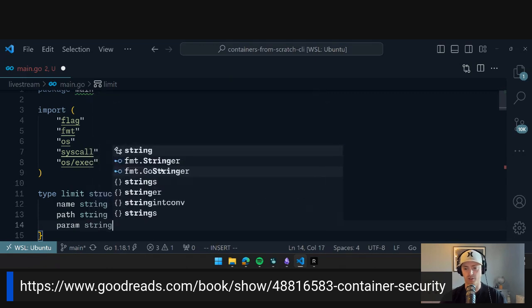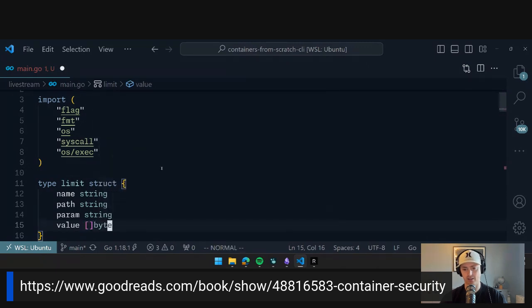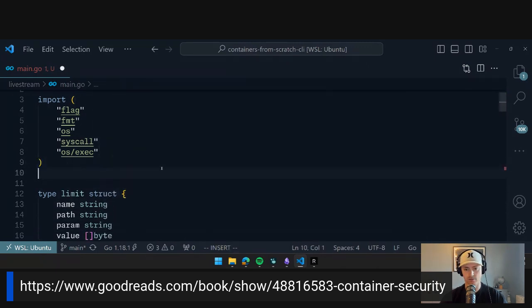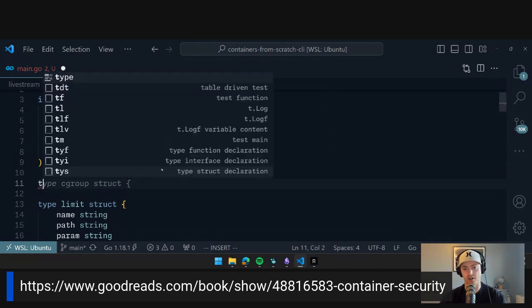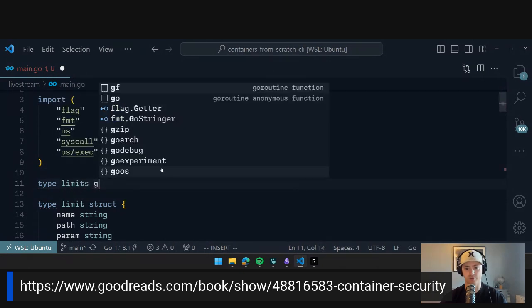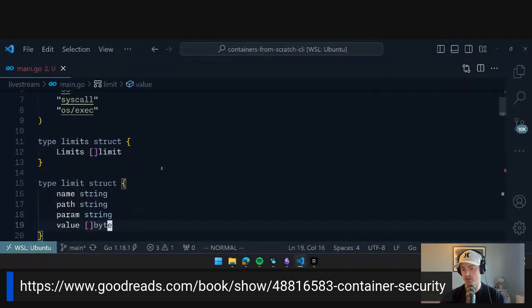So the param will also be a string, and then all of the values are a slice of these. And to loop through it, what I will do is I'll create an embedded struct. So if I do type limits struct, it'll just say limits and then a slice of limit. So that's called an embedded struct. Those with more Go knowledge, please feel free to correct me if I misspeak. So now that I have that type,